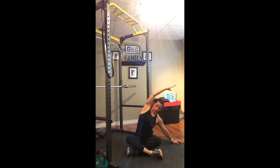And you can walk that left hand out a little bit further if you want to move further into that stretch. Make sure you're not dumping everything into that left arm though. And keep reaching through the fingertips of the right hand that's reaching overhead. Again, concentrating on nice, even breaths in and out, just bringing that heart rate back down. Last breath in. As you exhale, just let the arm kind of fall down and through,